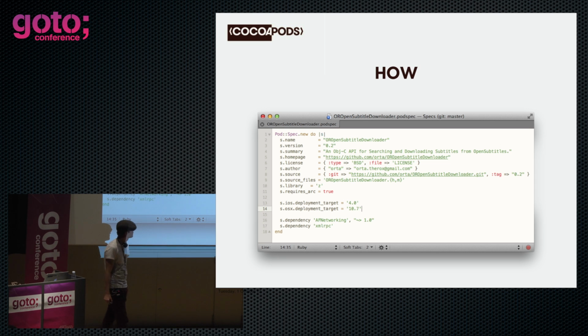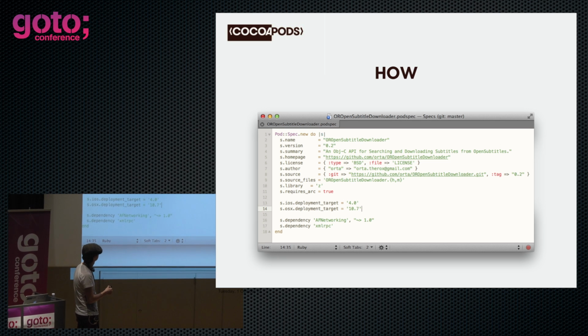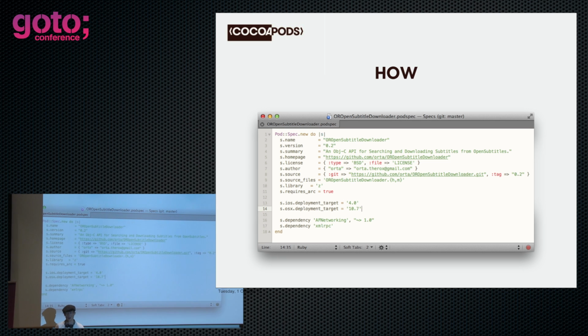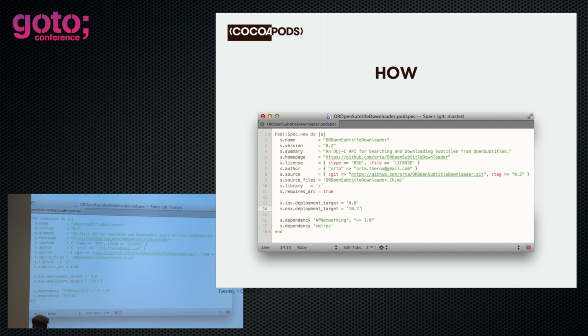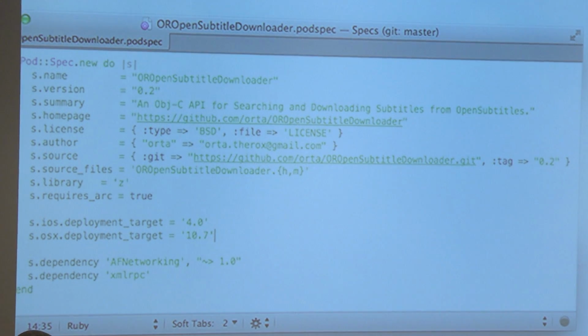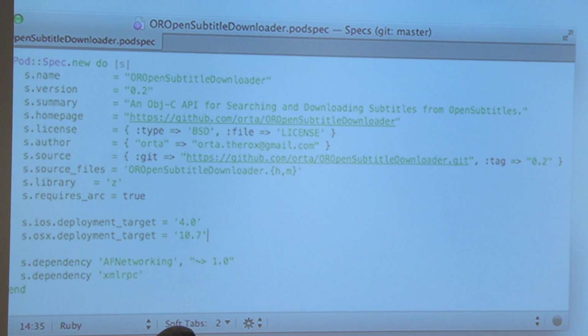So what I wanted to show you guys is a pod spec, and I actually get to use my laser pointer. So this is how you would define a pod spec. You would create one, give it a title, a version, a little description, and say what the website's from. We enforce having a license on every single piece of code in our repositories. So you cannot release a CocoaPods pod spec to the public unless it is licensed. It doesn't have to specifically be an open source license, but it has to have a license. In this case, I'm referencing BSD,